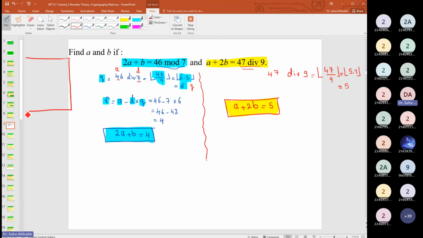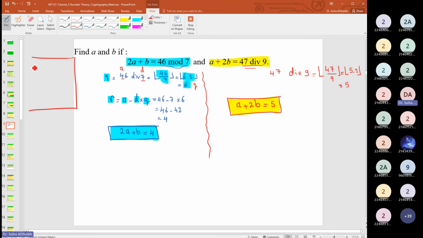Keep this on the side. Q is equal to the floor of A over D, and R is equal to A minus D times Q. This is the rule. What is A? The big number that I am dividing. What is D? The number I am dividing by. Okay? Using these two, I can get my Q and my R. Now I have the mod, so this will give me equation number 2. Okay? Now, from this and this,